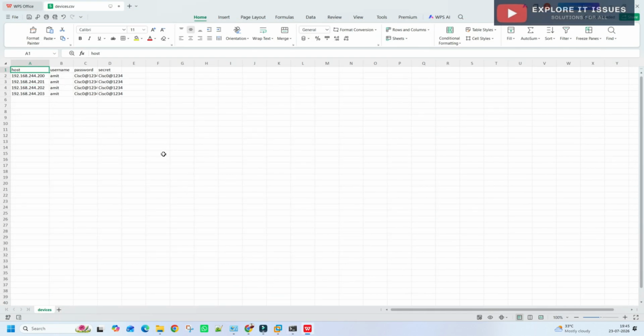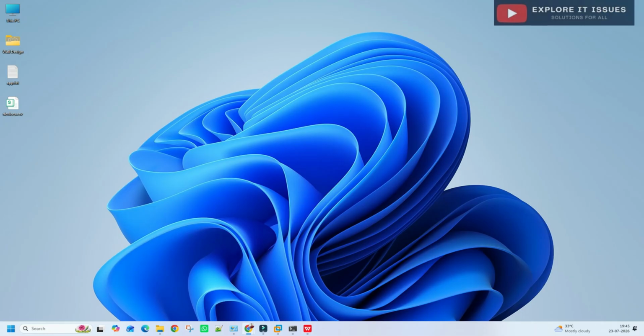The same CSV we are using in this script. Now the next part is we need to create one file named app.py.